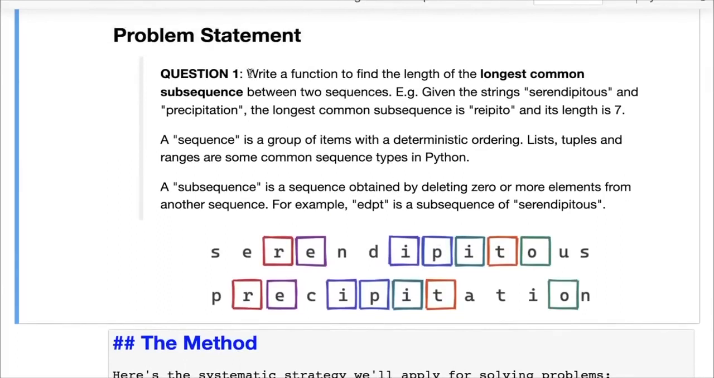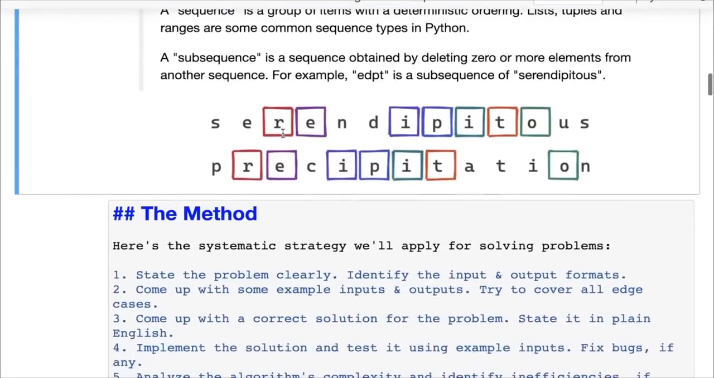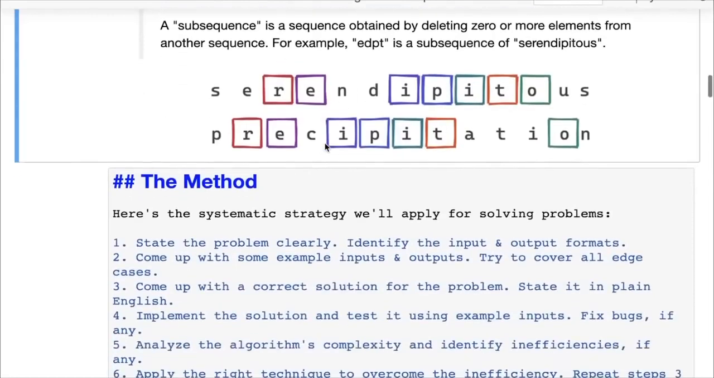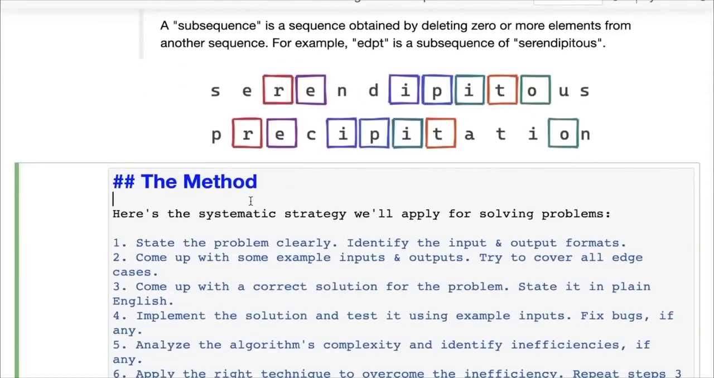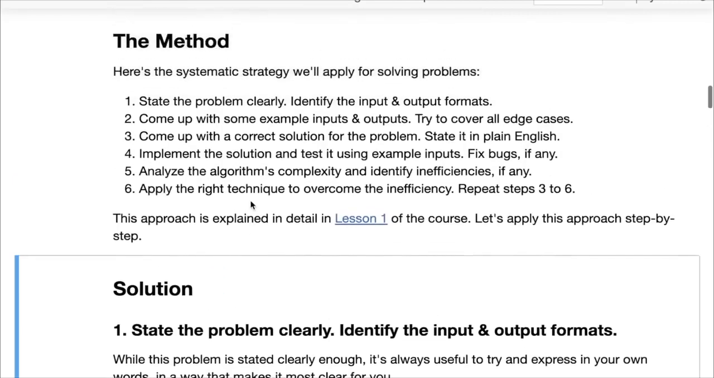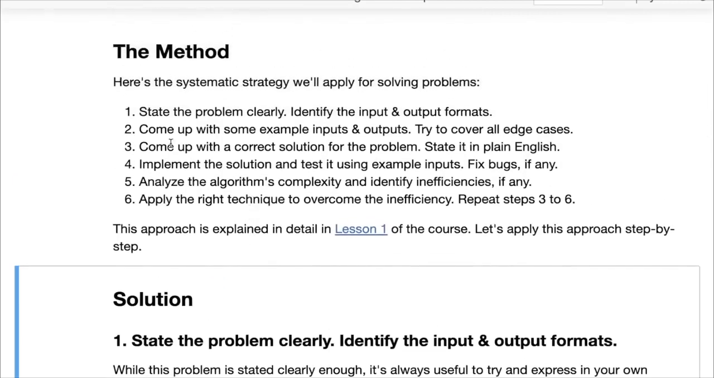So you have to write a function to find the length of the longest common subsequence between two sequences. So that's the question. And this is a visual example that tells you the answer. Okay. So now that we have the question, we've understood the question, we can start applying the method that we